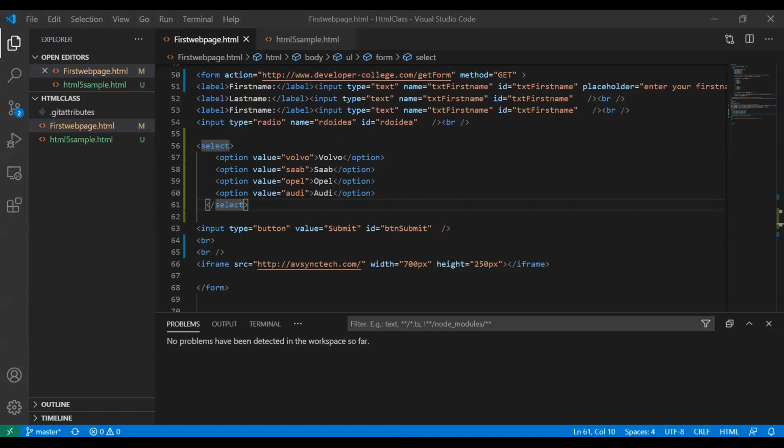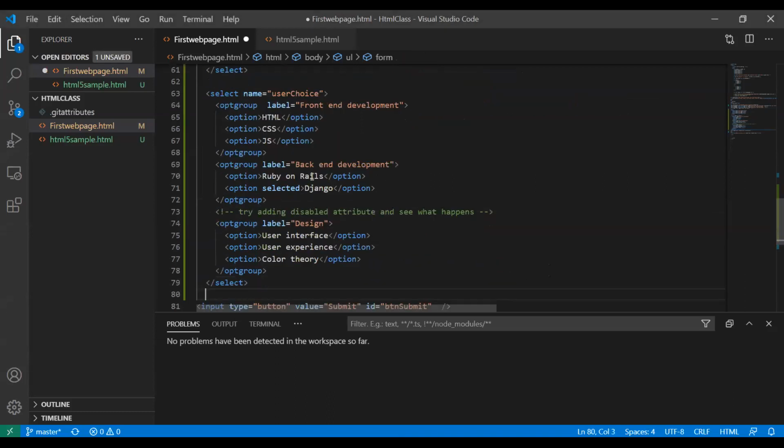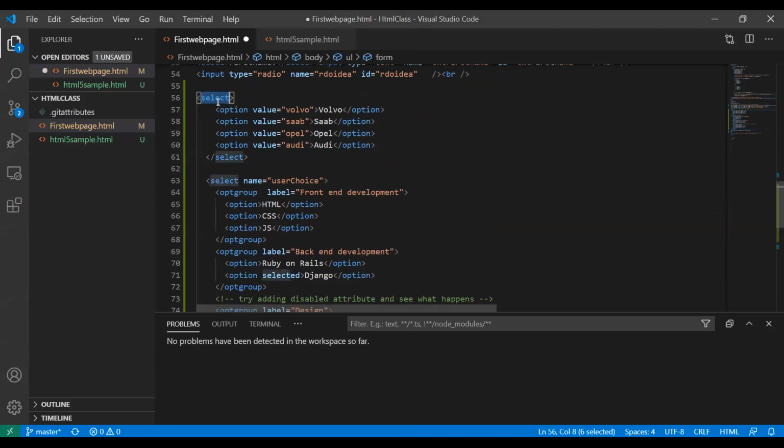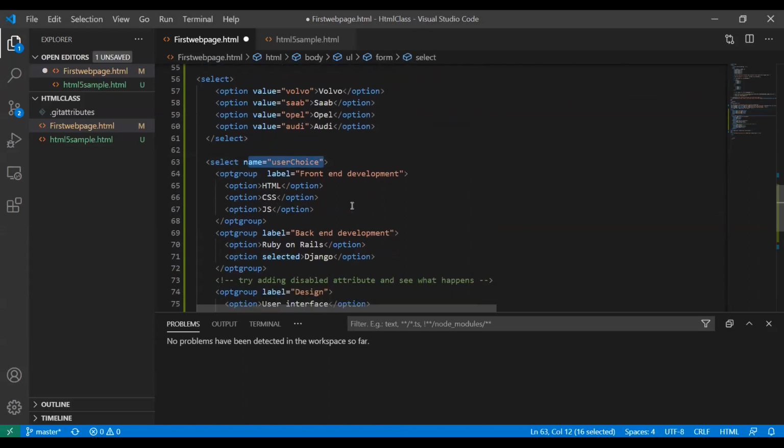Where's the select? Yes. So I'm going to copy something and I'm going to show it to you so we can all see. Okay, so see this select, you don't actually need a name. So you can give it a name if you want to refer to it when you're programming. Look at this. The only difference between this and this is this option group,